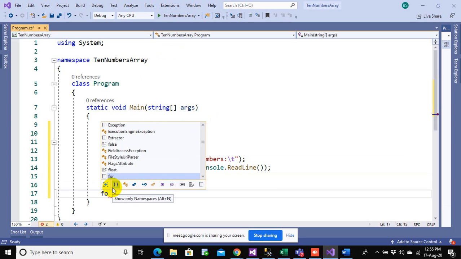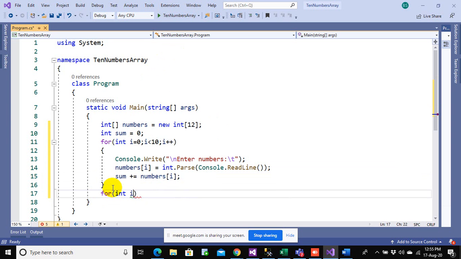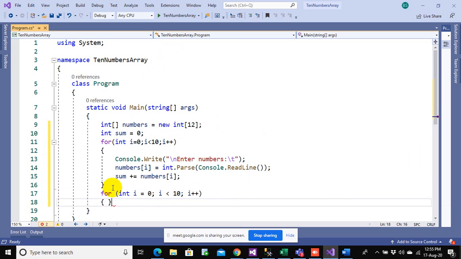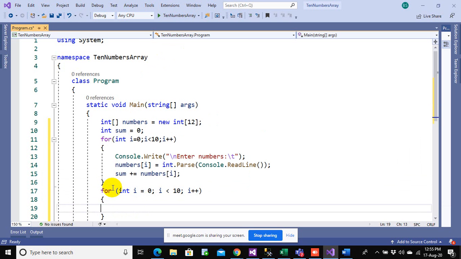Let me print all those numbers. Now I will print them in a different fashion this time. I put it as /3 and /3 space in between.